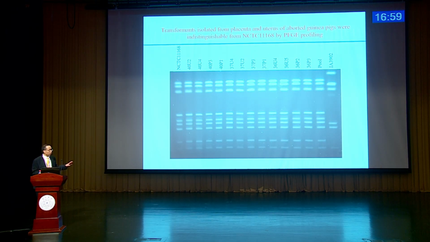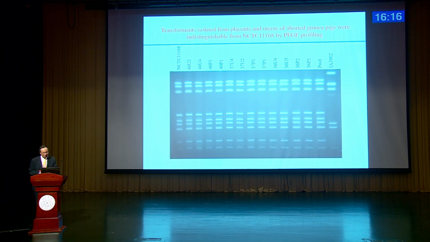Now we also did a quick macro restriction analysis of the transformants that caused clinical disease, to see whether there were large genomic rearrangements or genomic changes, but in this case apparently not. You can tell this is a recipient strain. All these transformants from aborted placenta tissue had identical fingerprints compared with the recipient strain, and totally different from a donor strain. That means these transformants gained the virulence, but did not have any significant changes on the